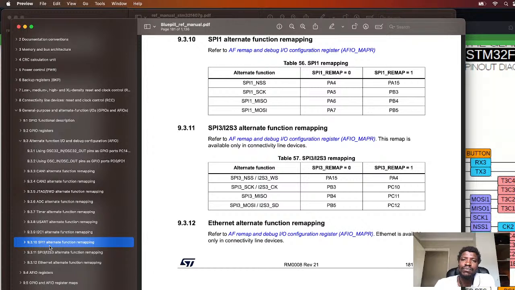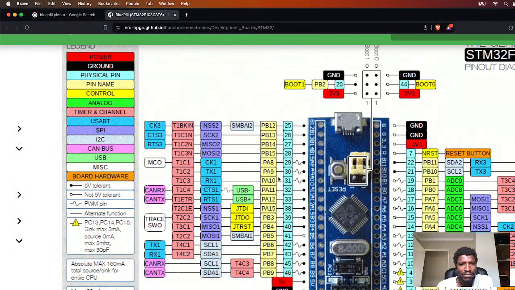So let's say no remap, PA4, 5, 6, and 7. That is SPI1. Let's look at this diagram. SPI1, and then we can see here MOSI, MISO, and so on. That's perfect. There is an SPI3,